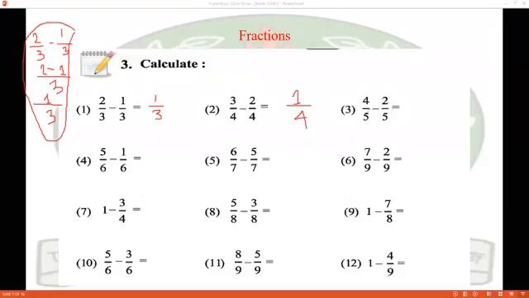In the number 3, we write the common denominator is 5. So you have to write 5 divided by 5, you get 1. So 4 into 1, you write 4. Minus 5 divided by 5, you get 1. 2 multiplication 1, you get 2. So you can write 5 and the numerator is 2. So the result will be 2 by 5.